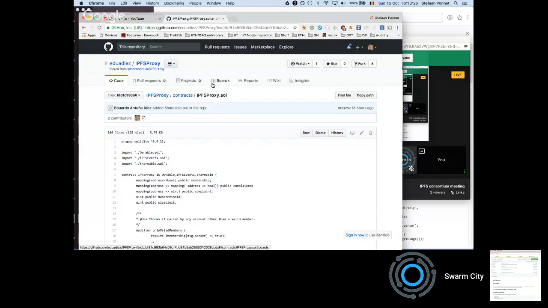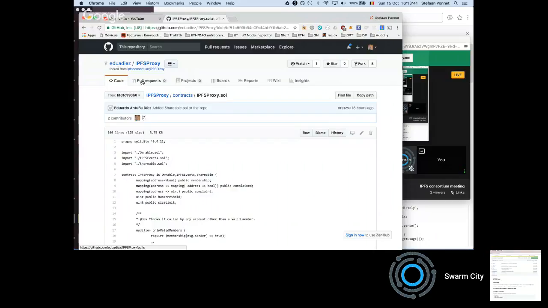And the way that we have tried to implement it right now is that we use a smart contract, which contains a list of members. That means that all the members are sort of trusted parties in this consortium.